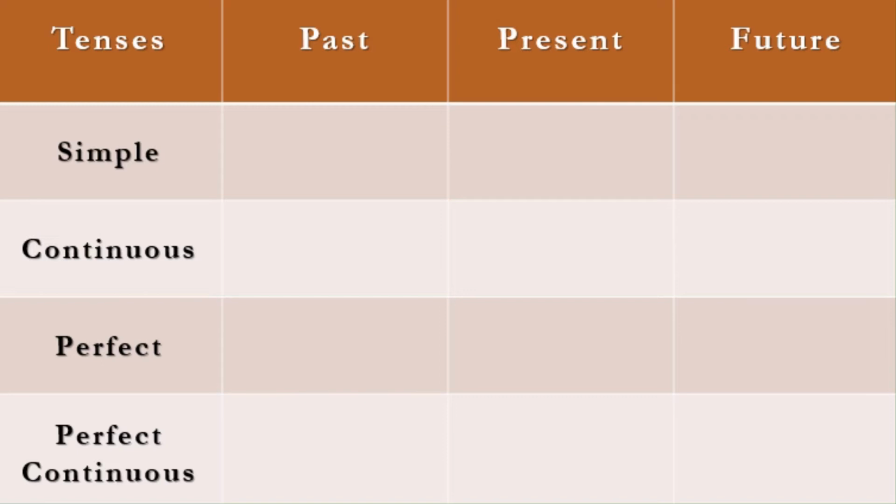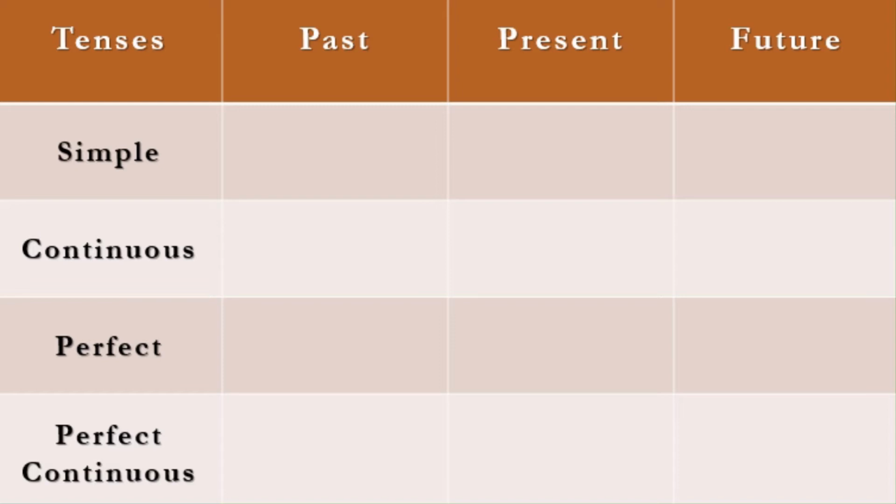We were discussing tenses and I told you the concept behind tenses. When you say tenses, that means past tense, present tense and future tense. Each tense allows you to express yourself in four different ways known as simple, continuous, perfect and perfect continuous, usually known as the types of tenses. But you should understand the concept behind what these types are. They are basically four different structures in each tense in which you can express yourselves.